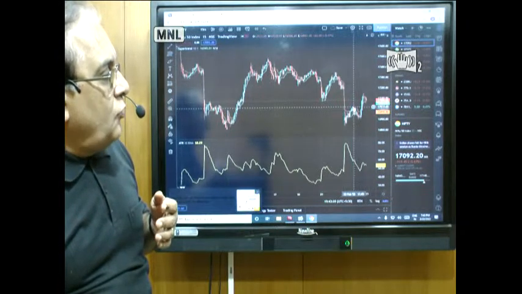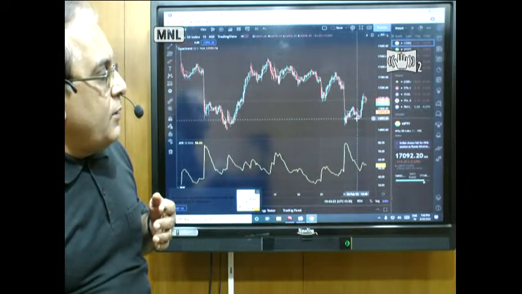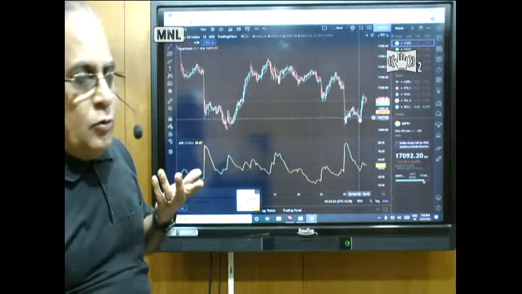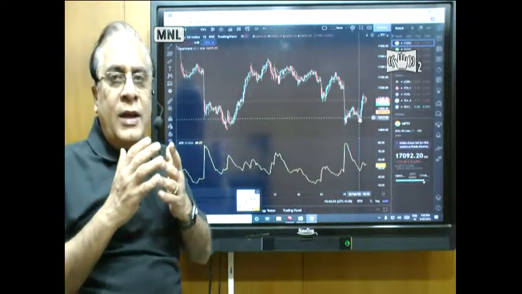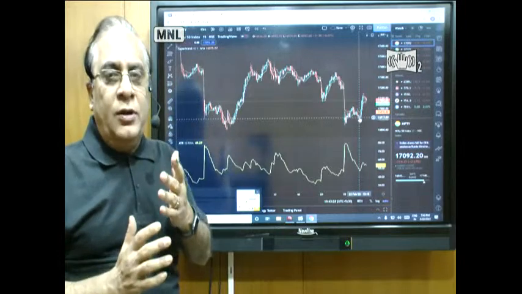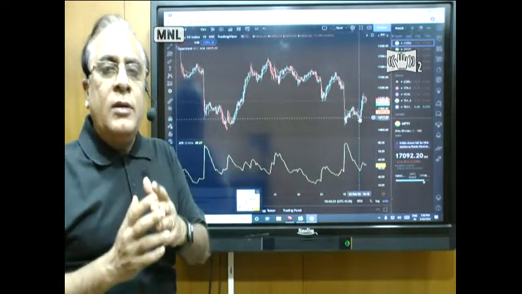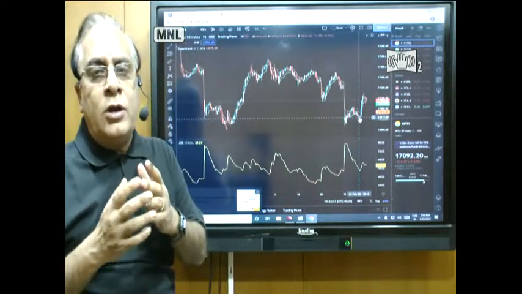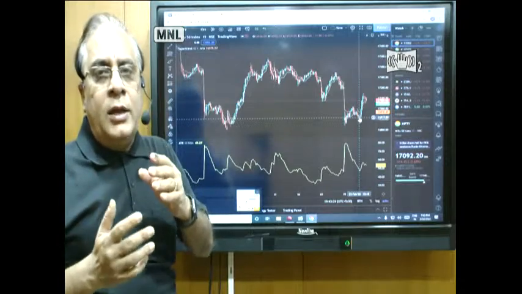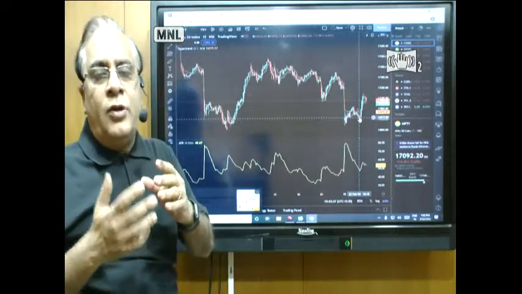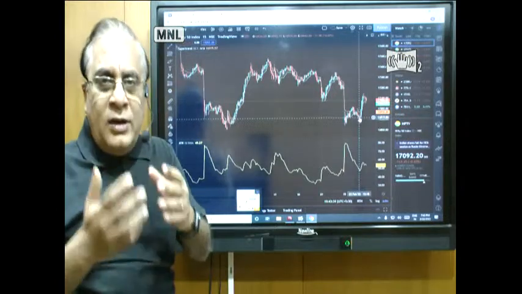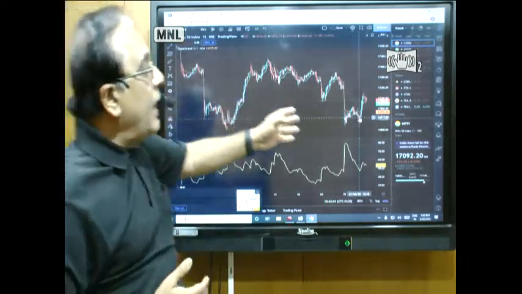So once it started to cross 17,023, you could have gone long, keeping this point as a stop loss. So that's also something you can do. The super trend will help you to identify some important swing points. Depending on how comfortable you are using a longer time frame of 15 minutes or 1 hour, you can use the 10-1 super trend itself and identify the